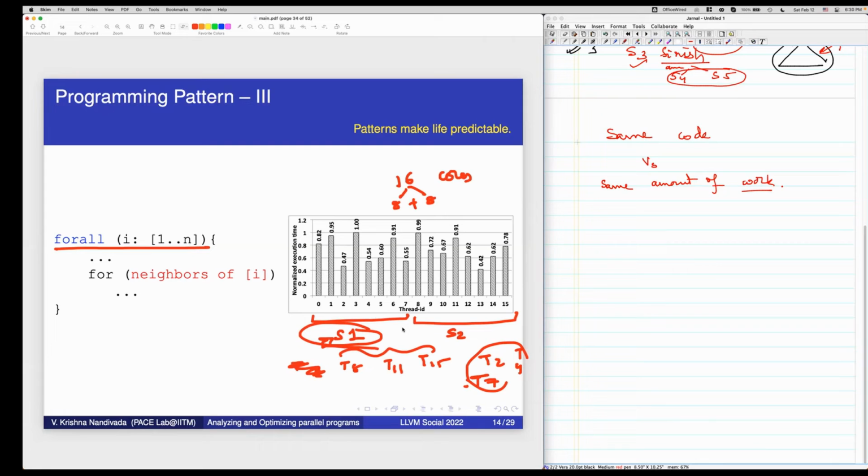So if I can identify how much work may be done by each thread, I can move all the heavy running threads onto one socket and the less work threads onto the other socket. And then on the second socket, I can run it at lower frequency and let it consume less energy.